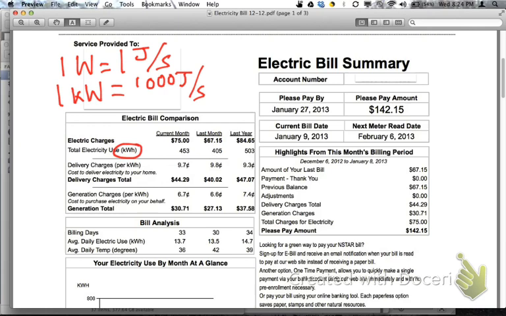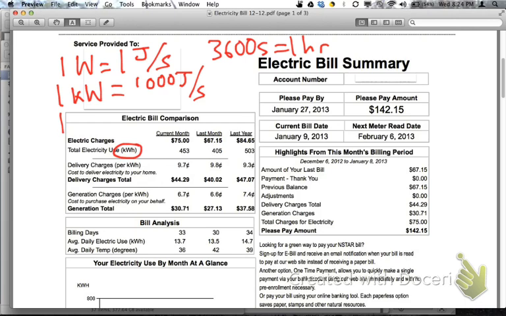So a kilowatt hour means how much energy you use if you use a kilowatt device, which is 1,000 joules per second, for an hour. And since there are 3,600 seconds in 1 hour,